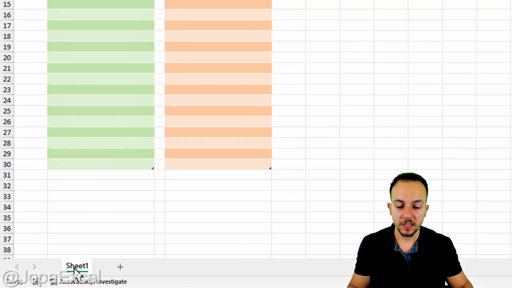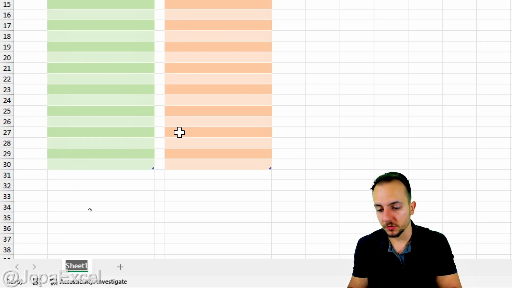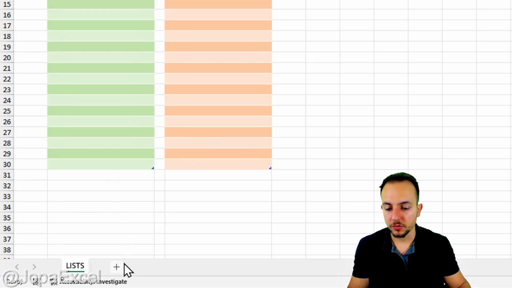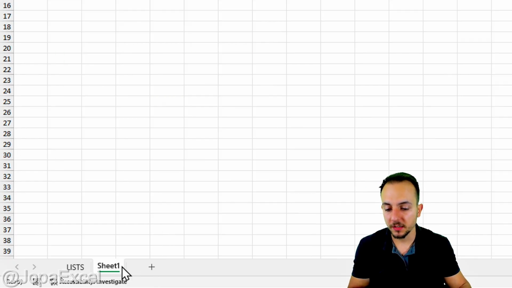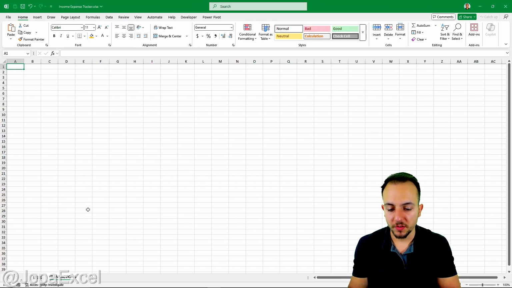Here in the footer, I can right-click on Sheet1, go to rename, and give it a name such as lists. Enter. Now I'm about to create a new sheet, so I click on the plus sign to add a new sheet, right-click, rename. I'm going to give it a name such as transactions. This tab is going to be very important because it's where we are going to record all the transactions,